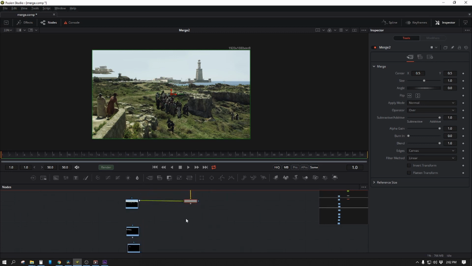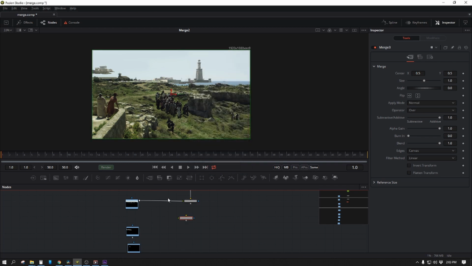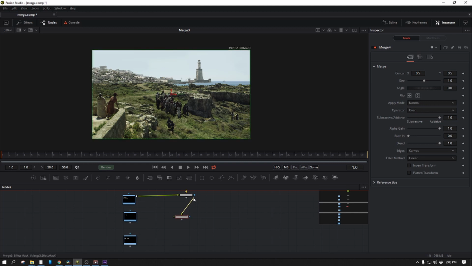Okay, the next way to get your merge node is through the pop-up menu. So merge, and there we have it. Let's go ahead and connect this and this. All right, and let's look through this merge node, and there we are. We have that. And the next way that I end up doing it, between this way and the last way I'm going to show you, is the M key for merge. Makes sense? And we connect it, look through our merge,